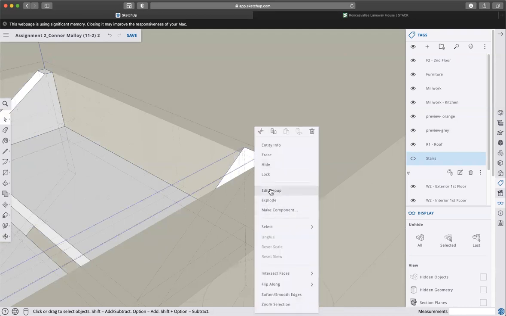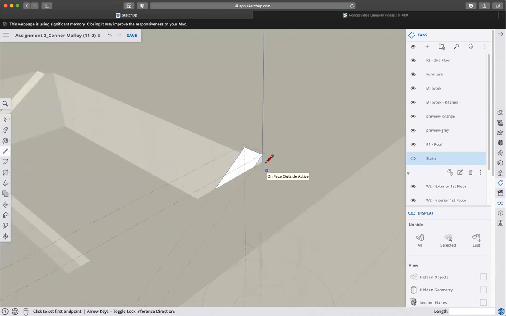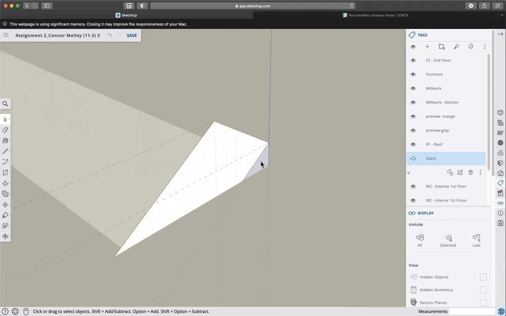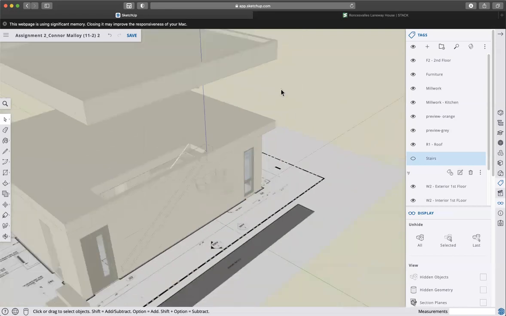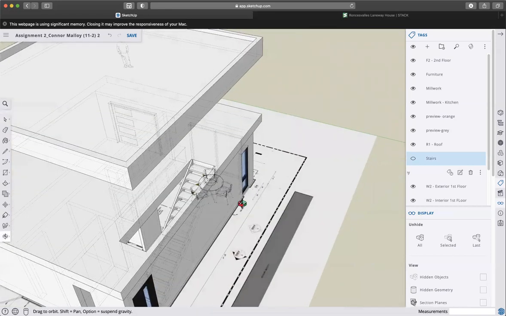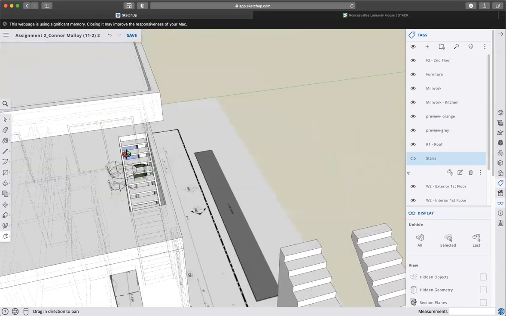Right click, edit group, line, click, go across, select that little face. There we go. So going back to our little model over here,